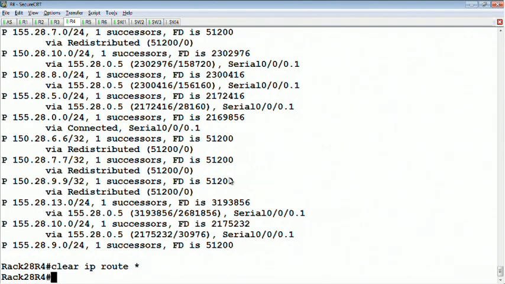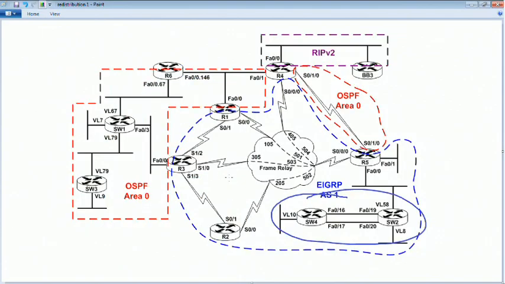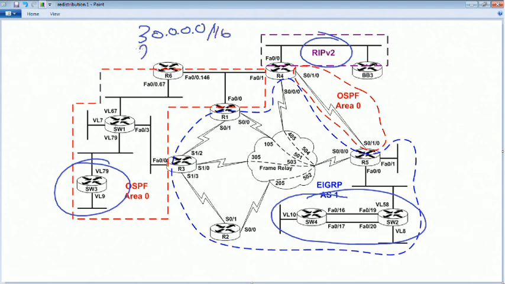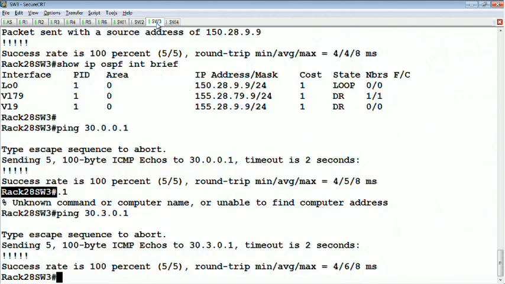So now on the rest of the topology, let's look at what's the end result of this redistribution. If we were to go to switch 3, ideally we should see the routes coming from RIP, which were the 30 networks, that 204 network, and then also stuff that's originating from OSPF. So let's say the VLAN 10 interface on switch 4, which is 155.28.10.0/24. On switch 3, if we look at the show ip route ospf,